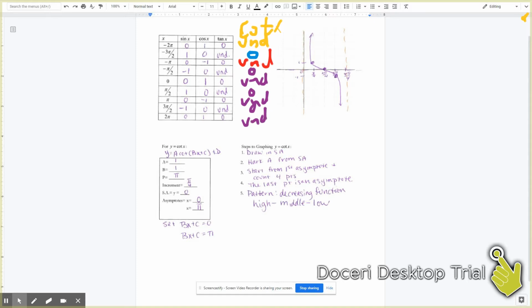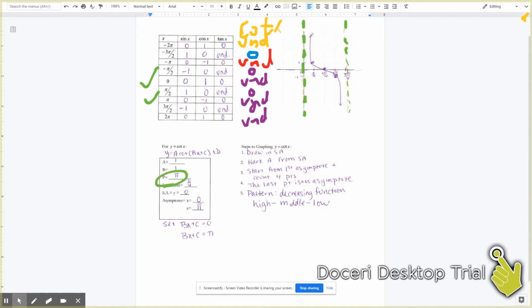So how would this look on our graph? Well, we have that the cotangent of 0 is undefined. That's because the tangent of 0 is 0. So that means for cotangent, at 0, we're going to have a vertical asymptote. And since the period of cotangent is pi, we're going to have another vertical asymptote pi units later. So the period is pi